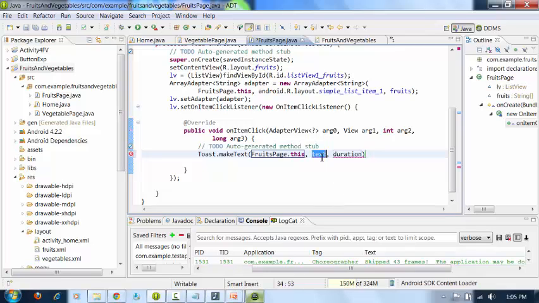Then the second parameter is the message which you want to display. So here I will show, "You have clicked on," okay, on which item? I'll concatenate with this. "You have clicked on." So to collect the text on which the user has clicked, or to collect the text